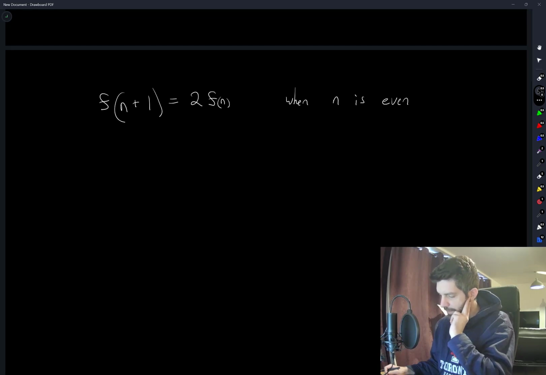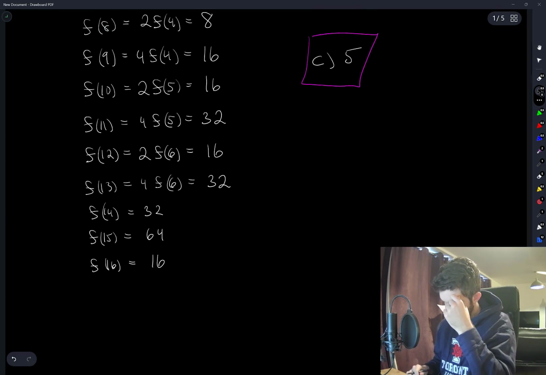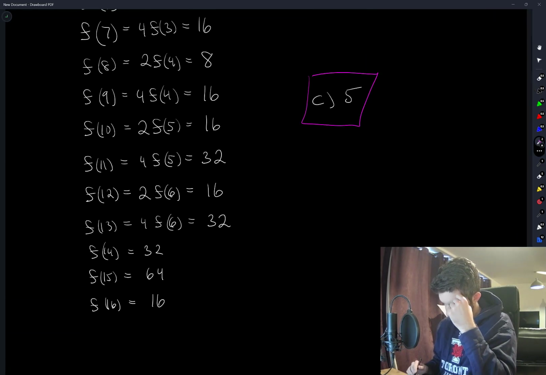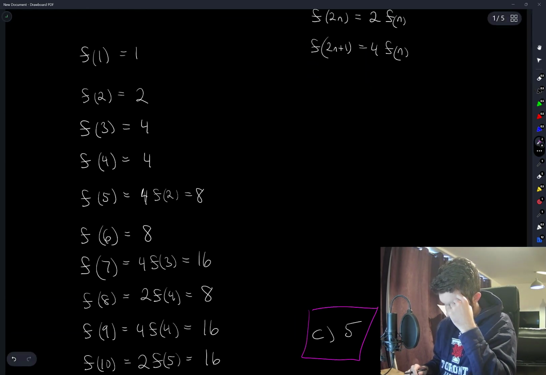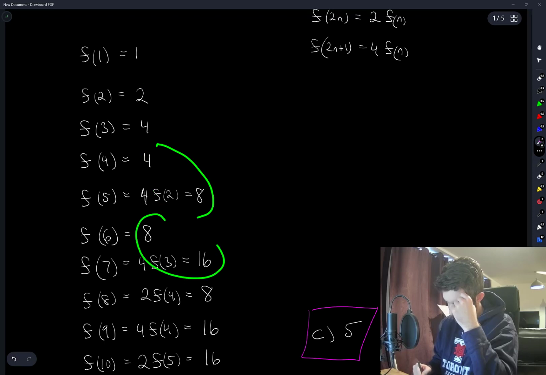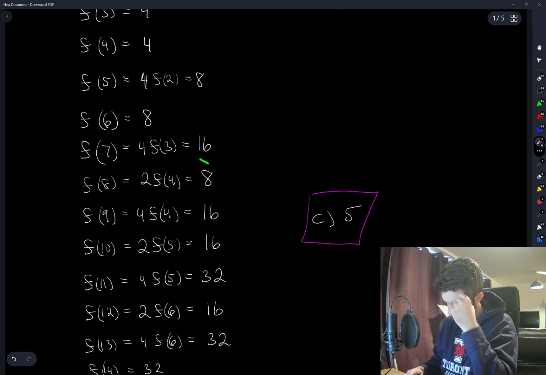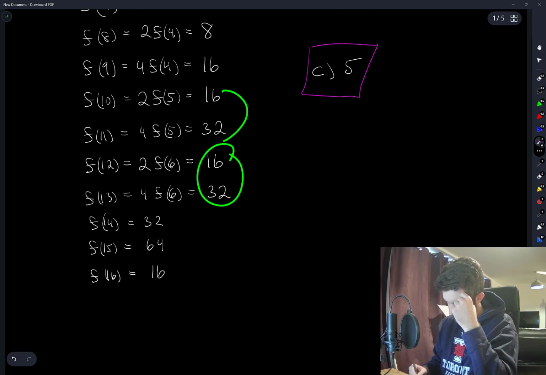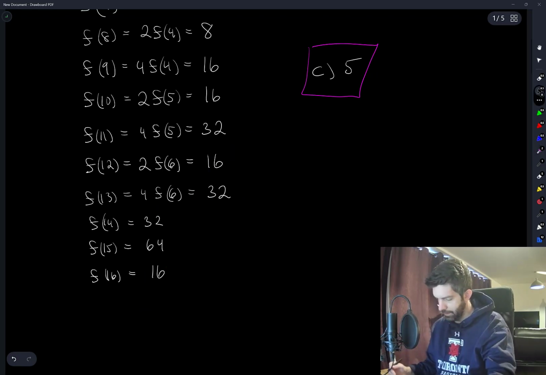Is there anything we can say when n is odd? Not really, right? Yeah, this is a factor of 2, factor of 2, factor of 2, factor of 2, factor of 2, factor of 2, factor of 2. The next one should also be, but